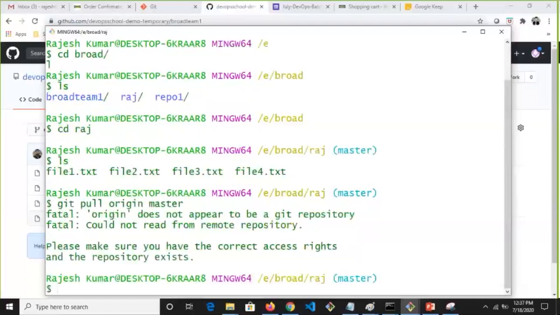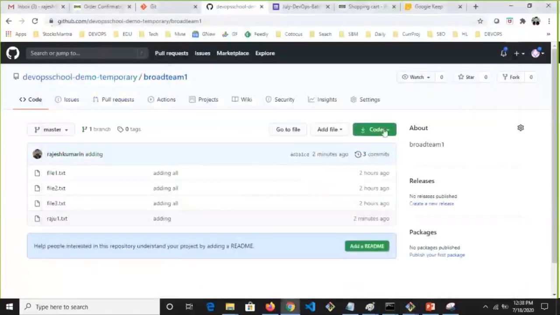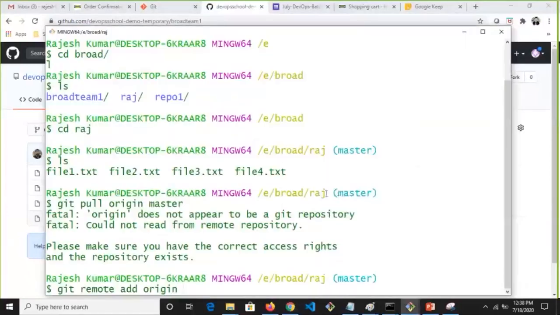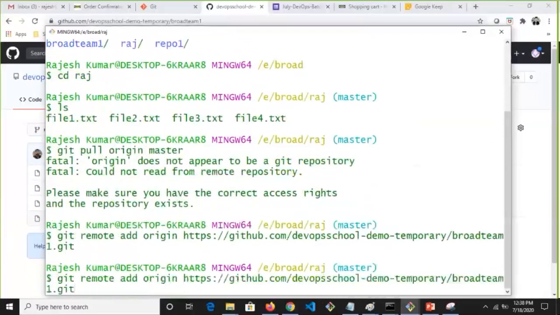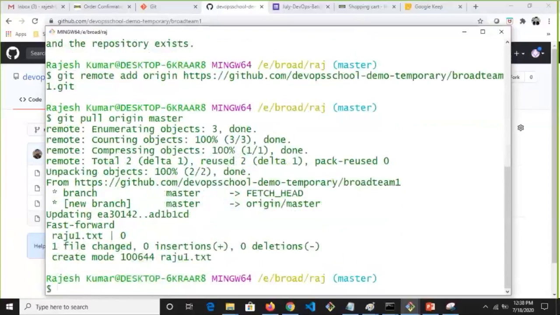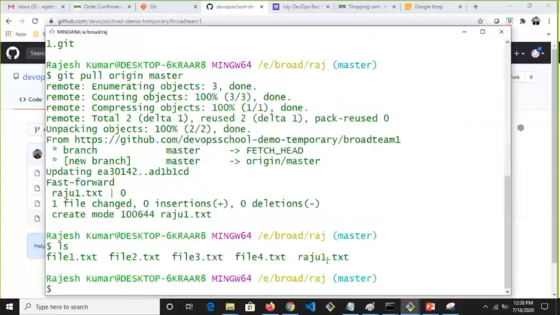Can I create it? Yes, you can. git remote add origin is the command to create it. It's a one-time activity. Then I created the shortcut in this also. Now can I do this pull? I did the pull.